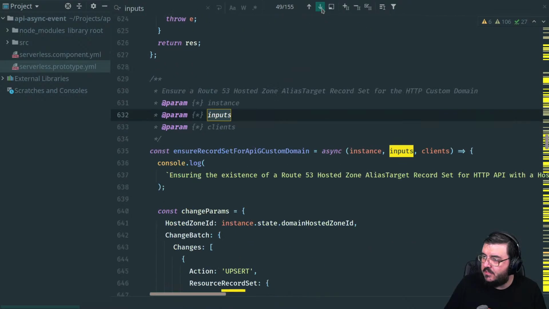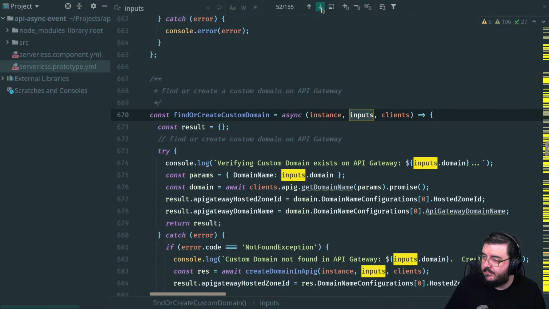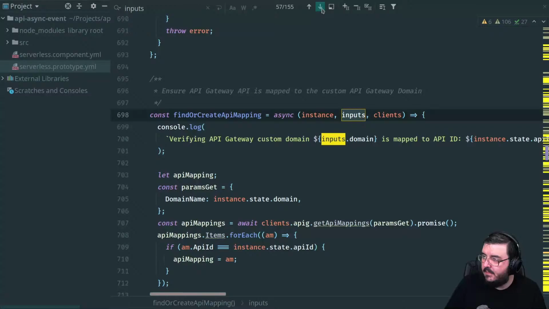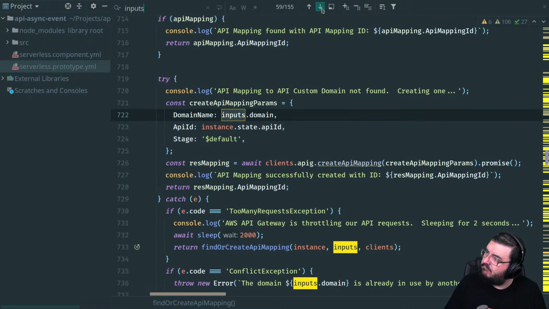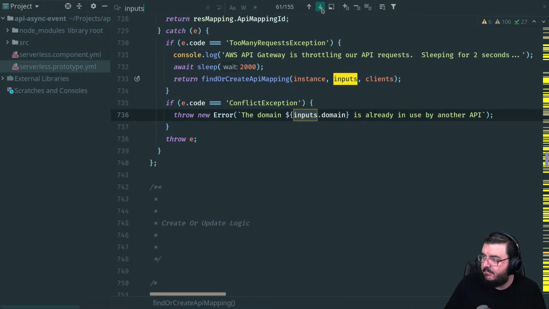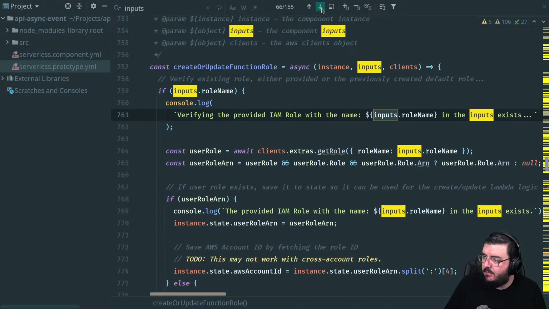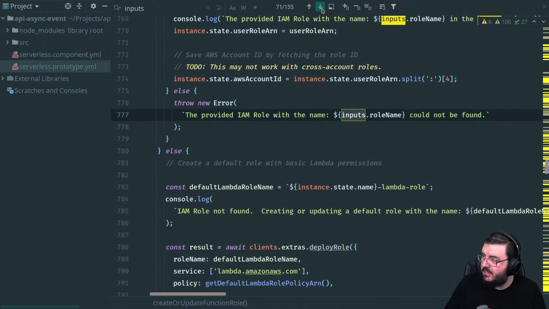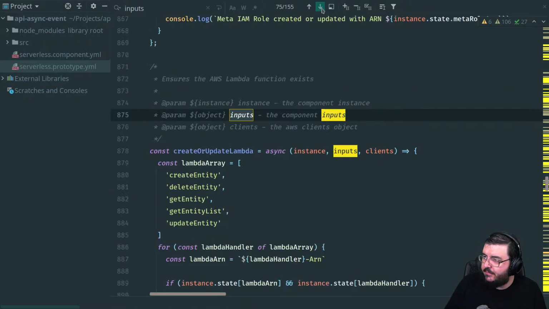Domain, which is not required. Oh, it's a custom domain. Action role, no, that's if you use a custom role. So again, that's not compulsory. It's not required. And monitoring on or off.